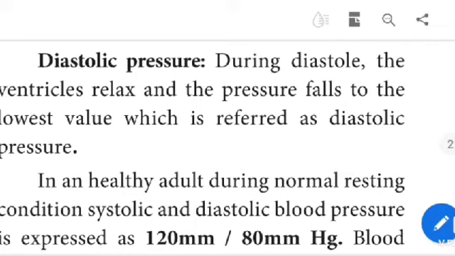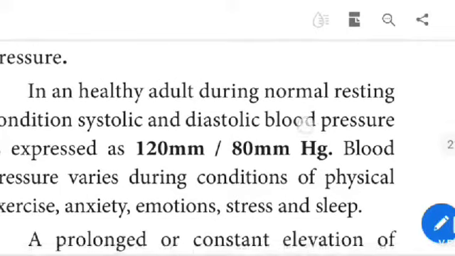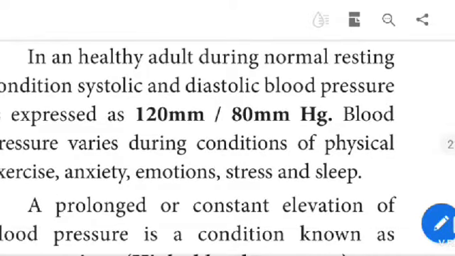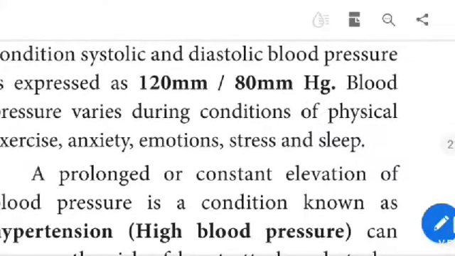During diastole, the ventricle relaxes and the pressure falls to the lowest value, which is referred to as diastolic pressure. In a healthy adult, during normal resting condition, systolic and diastolic blood pressure is expressed as 120 mm or